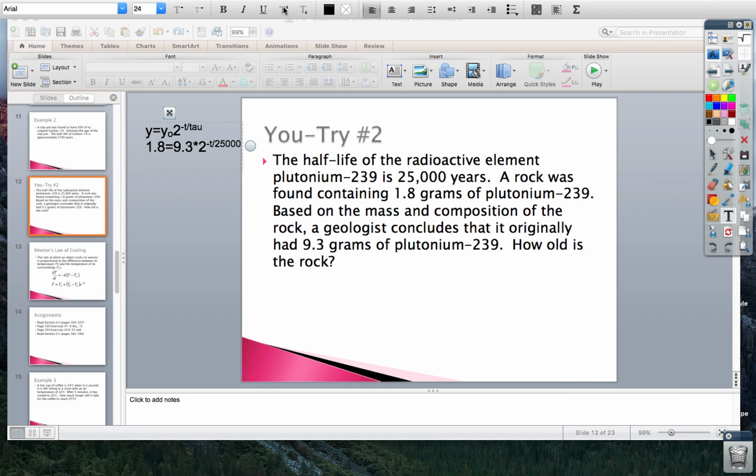Now we're going to divide 9.3 to both sides. We're going to get 1.8 divided by 9.3 equals 2 to the negative t divided by 25,000. If we natural log both sides, we're left with the following. Now if we multiply by negative 25,000 both sides,